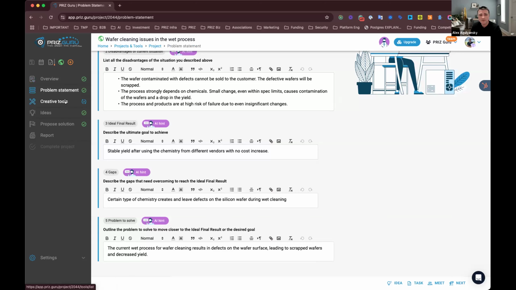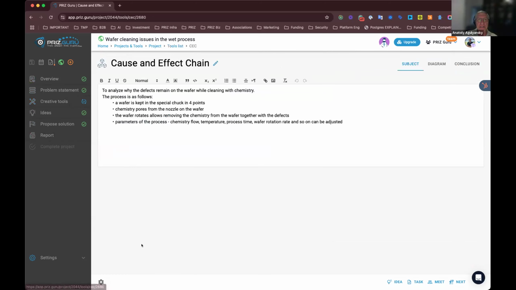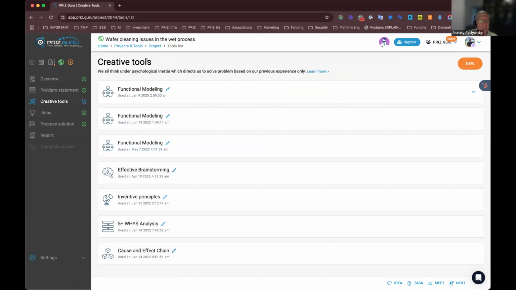But what we want to dive into is the actual creative thinking tools, or problem-solving tools, creative tools, you name it. There are a lot of names for that, that are actually essential for root cause analysis, right? And I want to start with a simple Alex, let me interrupt you. Can you show the AI that will show which tools you should start with? If you click, of course.